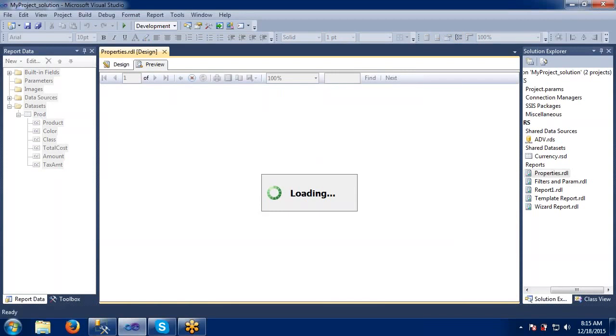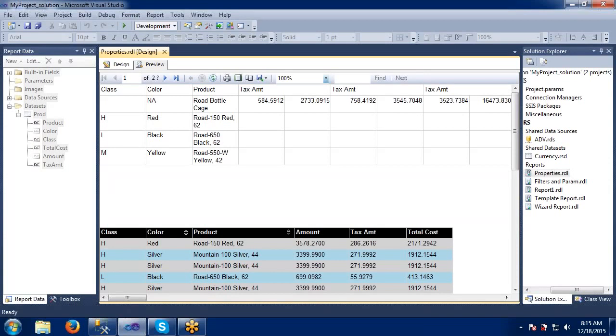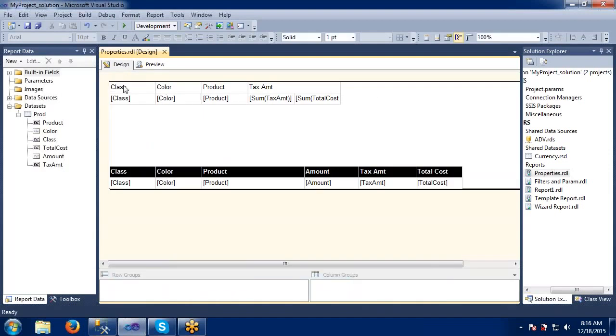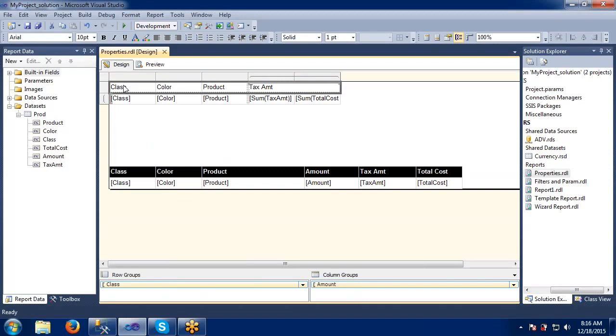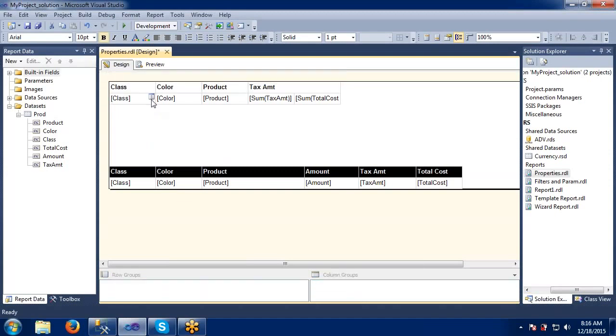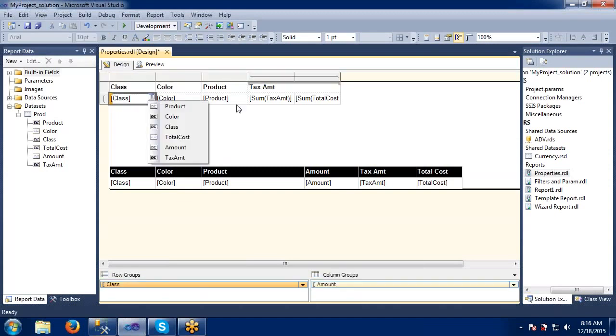So I'm just specifying to make sure that all the rows and columns are in one group, so that we can understand the matrix changes. I hope this is okay, somewhat better now. When it's trying to display the column group, it's trying to group everything into one column. That's why it is displaying only the group here. So let me make sure that all these things are fine here. These are the class, color, and all these things that are available here.